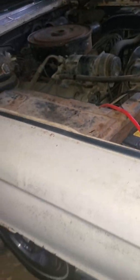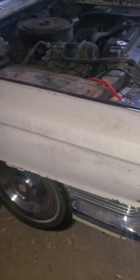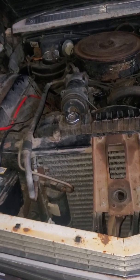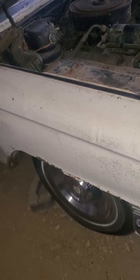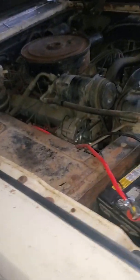I also have a 1984 Cadillac I'll be doing a video on next, probably this coming spring. I actually just changed the ignition lock cylinder on it yesterday. Guess I could have done a video on that, but there's not a whole lot of videos out there for a 1984 Cadillac Eldorado. I mean, I could go back and talk about what I did, I guess, but